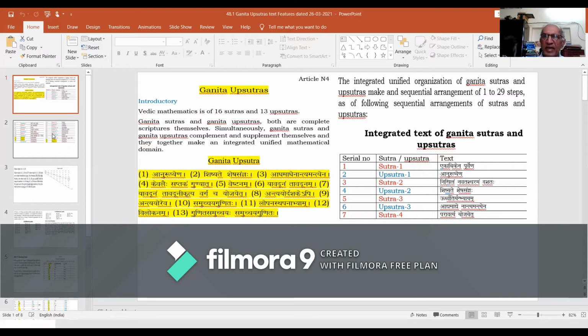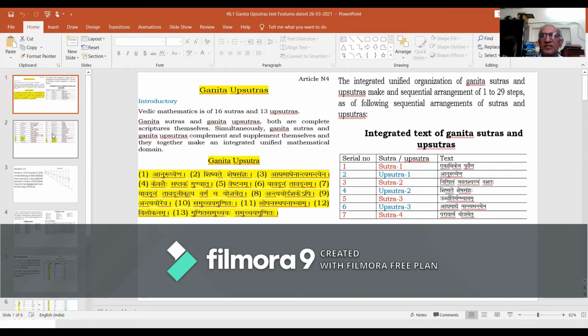As the specific features of value 16 play their role for the mathematical domains of Sutras 8 and 9, the same feature is also available for the text of Sutras 15 and 16. The gaps between Sutras 8 and 9 and between Sutras 15 and 16 do not require any external bridging. Therefore, the first feature of the integrated format of the text of Sutras and Upsutras is that value 16